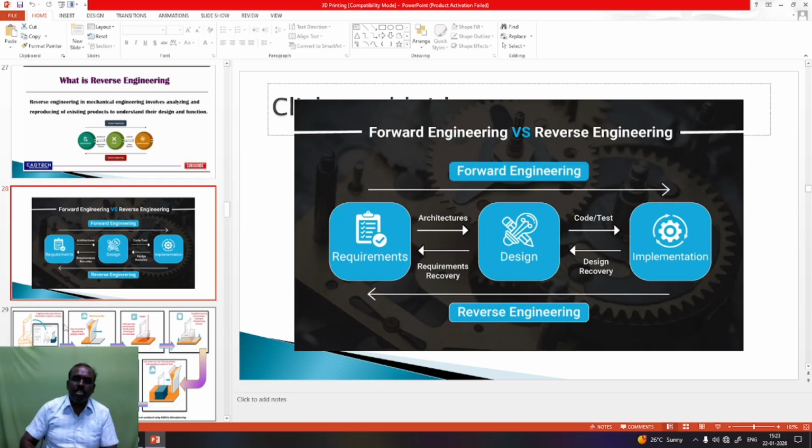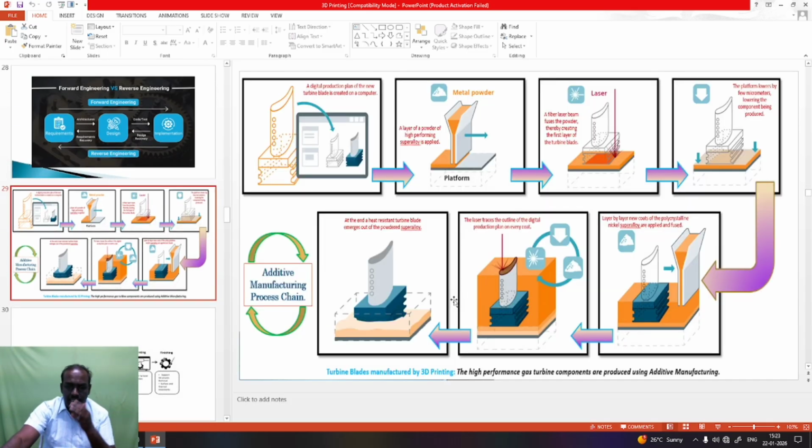Next we are going to see reverse engineering: requirements, design, implementations, architectures, code, design recovery, completed by requirements, forward and reverse. These are the things involved in the